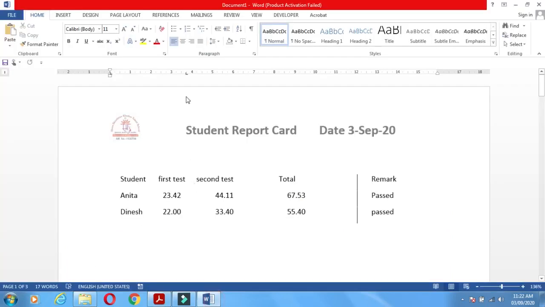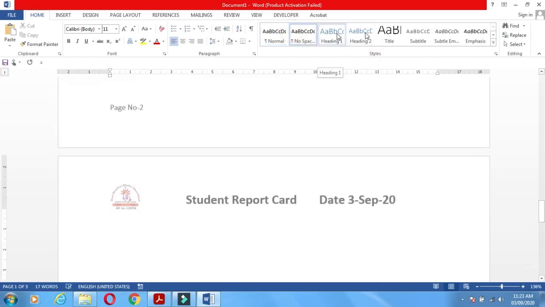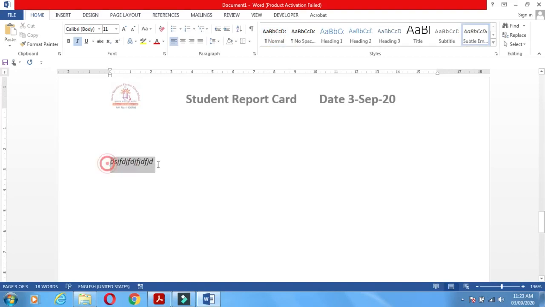Let us do the practical. In the Home tab, here is the Styles group, here are the different styles. You can apply different styles to your document. If you choose this one, Normal, you can type and your text will be displayed in this way. If you choose this one, in this way, the changes are made differently.